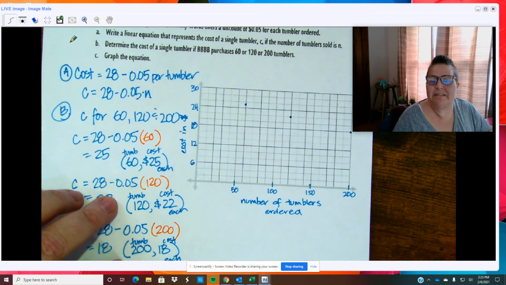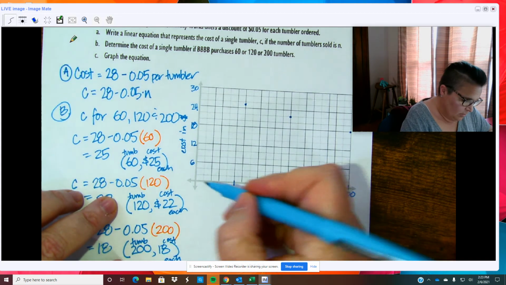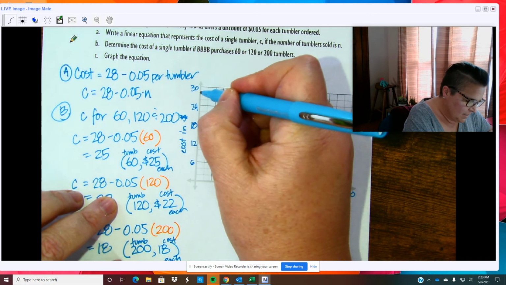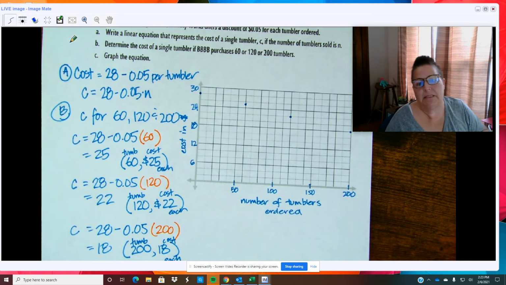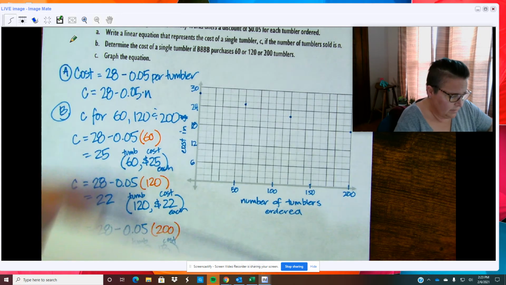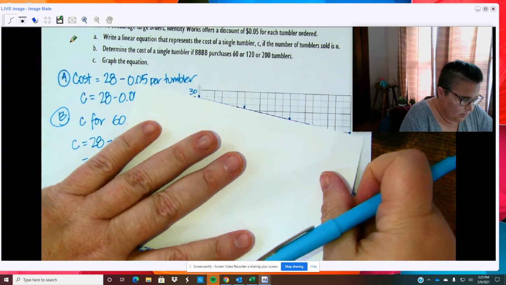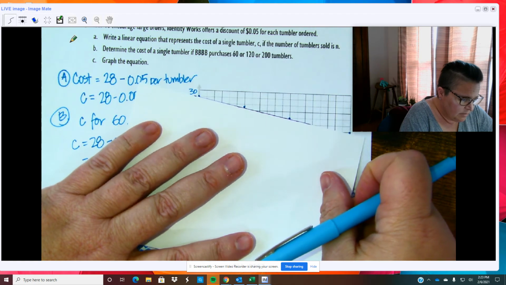Okay. What happens if they ordered 0? If they ordered 0 tumblers, wasn't the cost $28? I mean, that's just sort of like their stated cost. So if they only buy one tumbler, then they're paying $27.95, which is essentially $28 anyway. So it may not be totally reality-based, because if they were buying one, it would probably just be 28, but